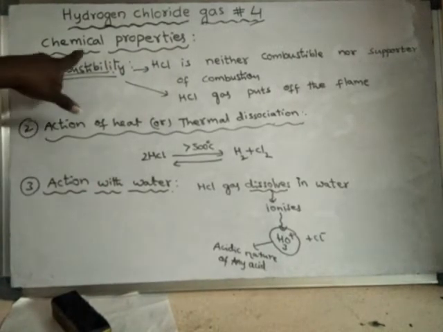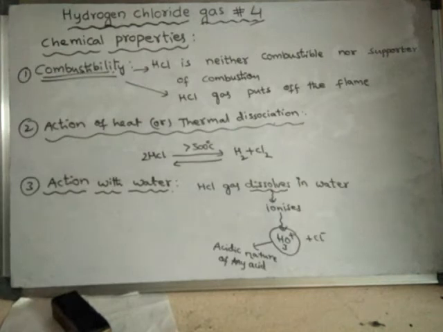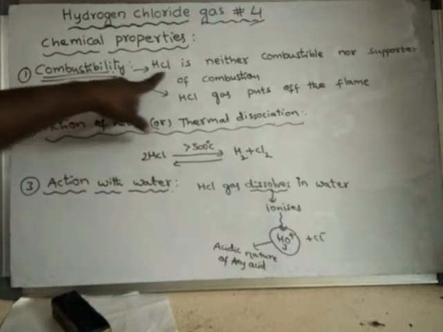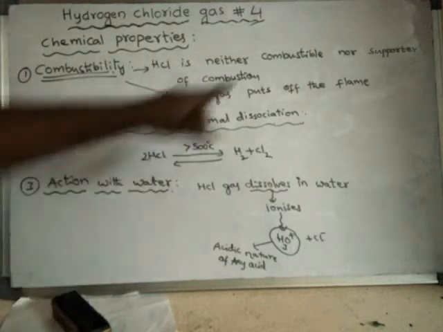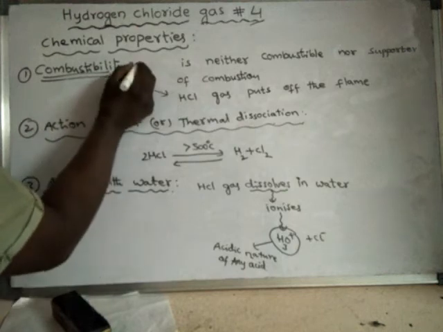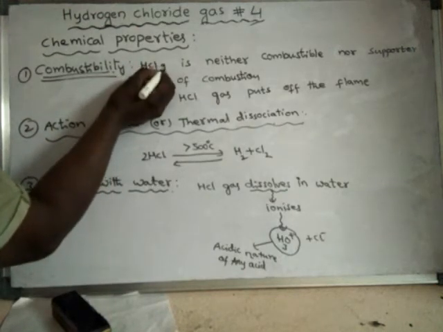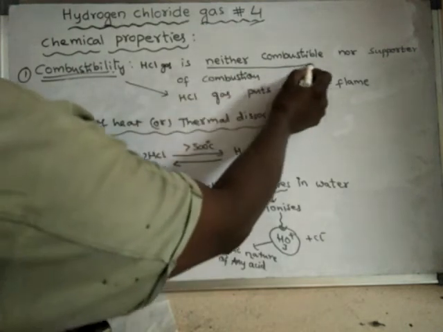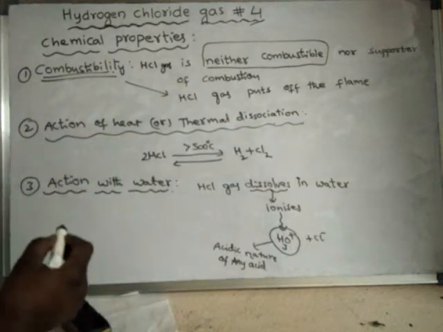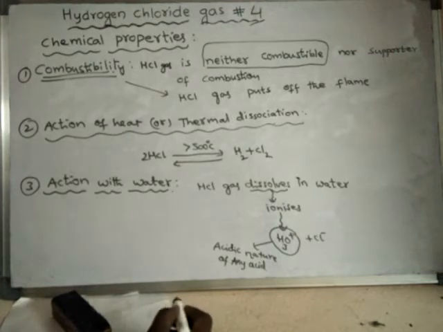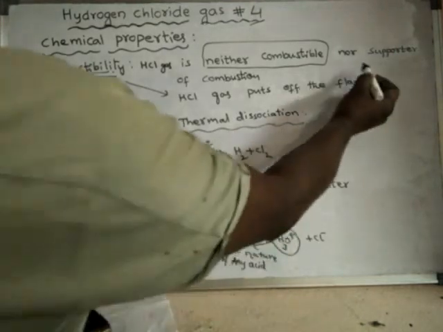Now we will learn about the chemical properties. Under chemical properties, first one is combustibility. HCl gas is neither combustible nor supporter of combustion. HCl gas does not undergo combustion. If you burn HCl gas, it does not undergo burning. It does not undergo combustion, and